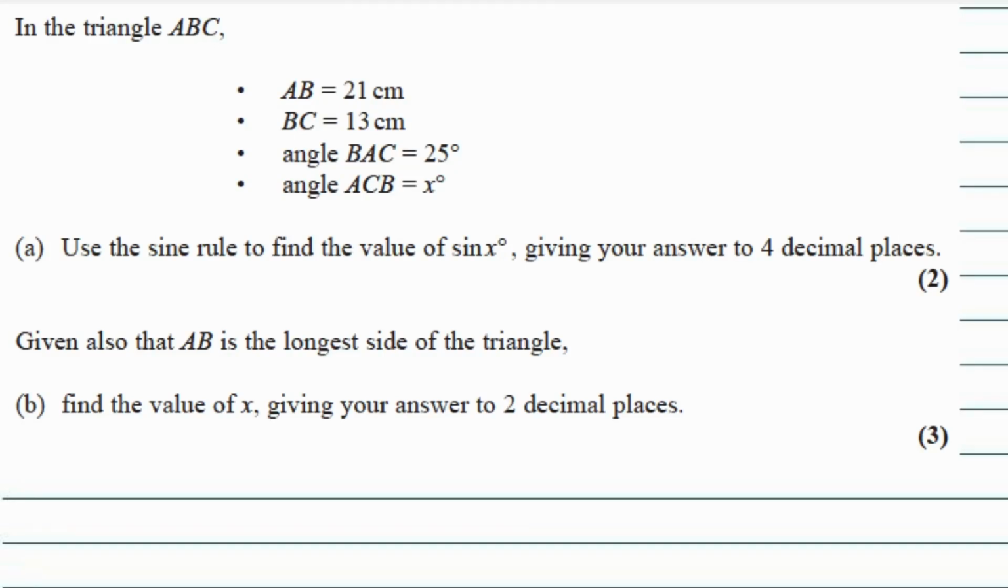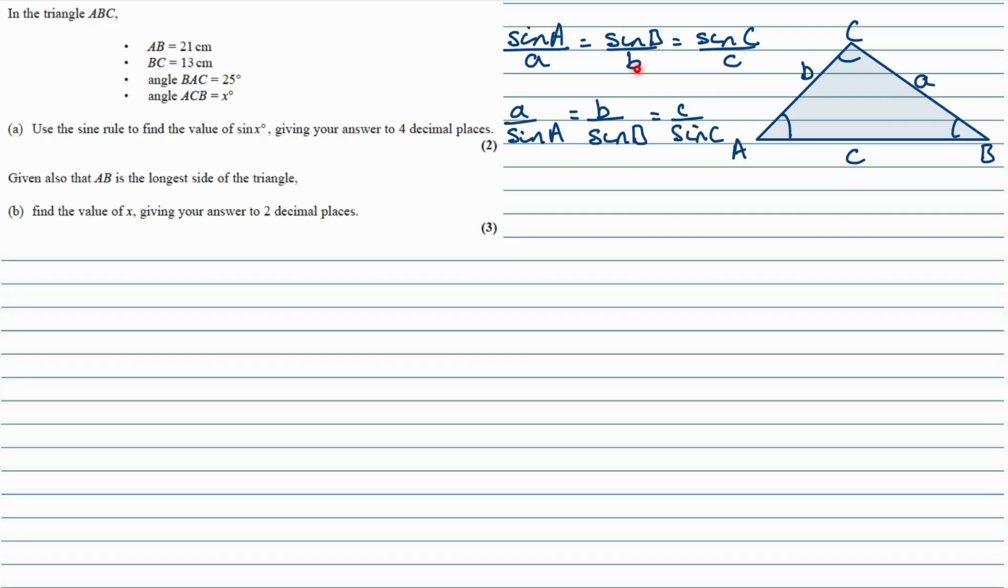So in this question, we've been given the triangle ABC with this information here. We need to use the sine rule to find the value of sine x, giving the answer to 4 decimal places. So we've got the sine rule here, and depending on if we want to work out an angle or